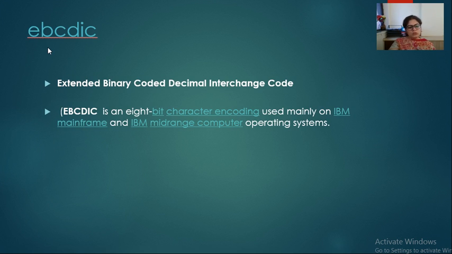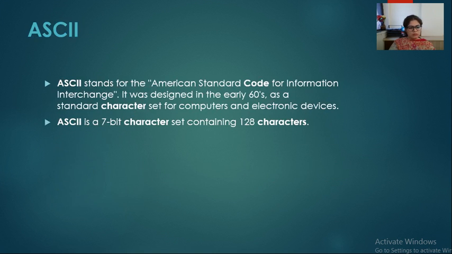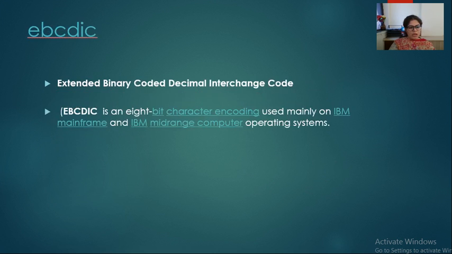So students, the speed of the computer always depends upon what type of code a computer is using. If they are using EBCDIC code, there are 2 raised to power 8 combinations, so it operates at a faster rate as compared to ASCII code and BCD code. Even BCD code is a slower code as compared to ASCII and EBCDIC. So that was all about the codes that are available. You have to study these three types of codes: BCD, ASCII and EBCDIC code.